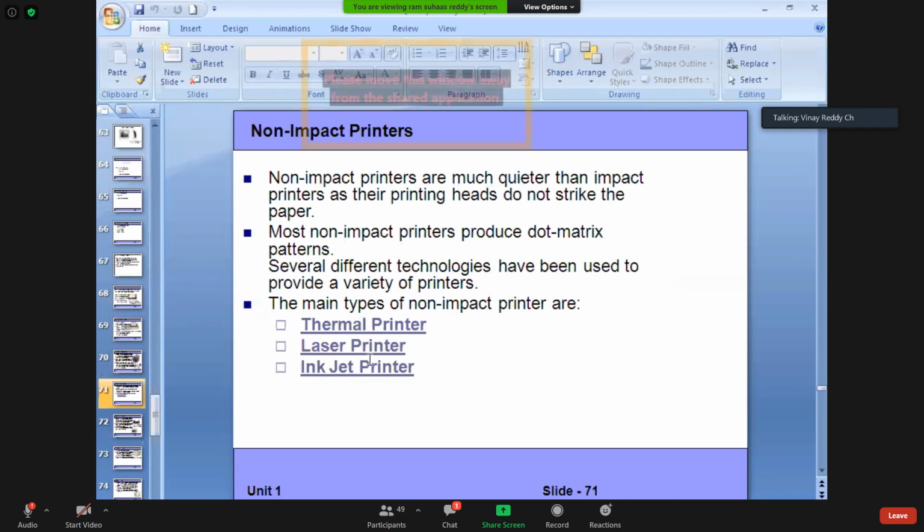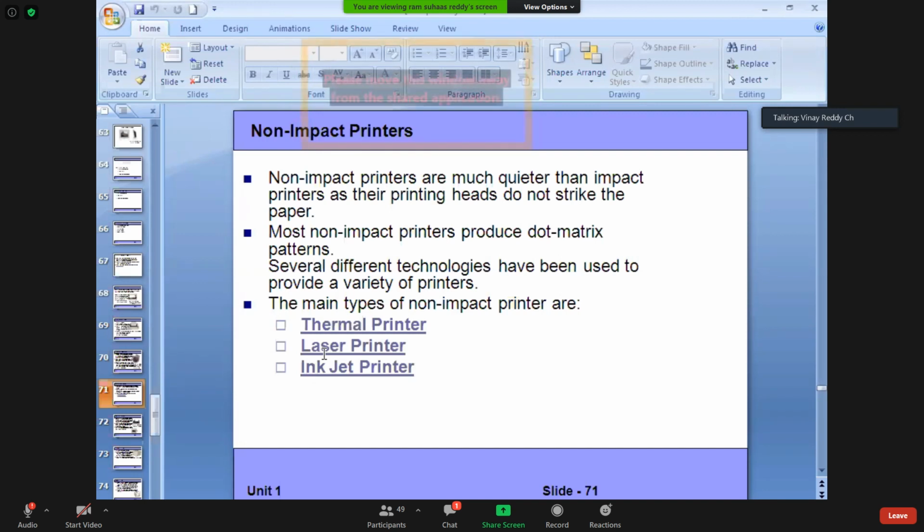These are the laser printer and inkjet printer, and we are using laser the most. Inkjet, you observed the Canon ad recently, 10 paisa, 12 paisa for giving the print cost. Normally, if you go to any outside Xerox center, the printing will be 2 rupees per paper.